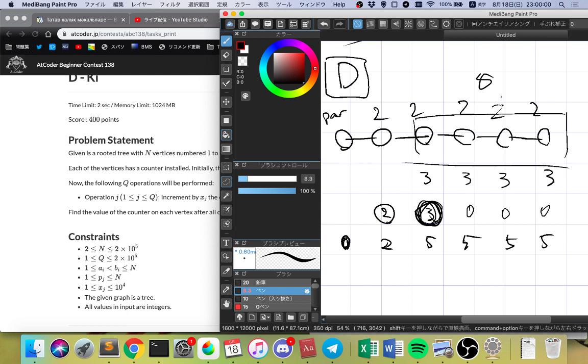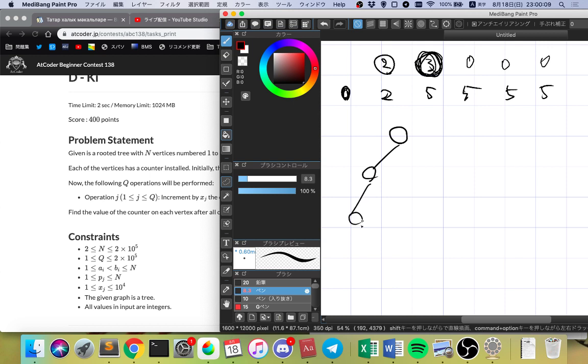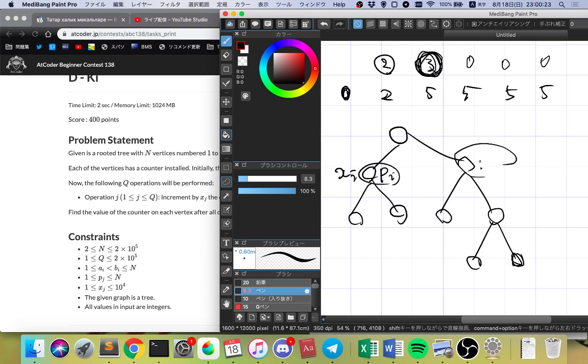So this one can be applied to trees, rooted trees. As I explained, all you have to do to process each query is add xi to a certain vertex pi, and another, for example, pj. So you have to add xj, and after processing all the queries, you can take the prefix sum from the top. Like so, for example, here is 0. Here is 0 plus x1 equals x1, and this one is x1. This one is also x1. This one is xj because